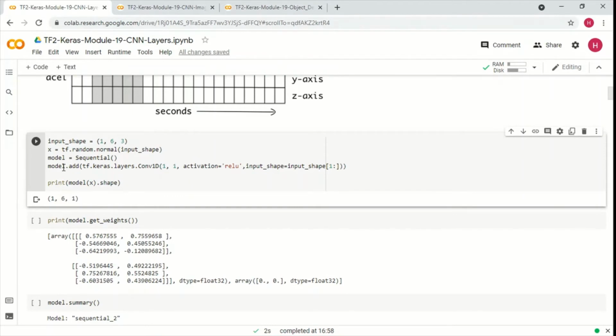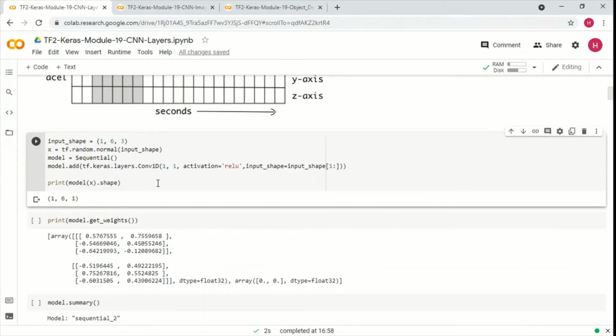So how did we get this? Model dot input, the input that we generated here, dot shape. If you remember the discussion earlier, it is batch, and since the filter size is 1 here, we are able to step the filter through this input 6 times, right? Because it's a filter size of 1, we are able to step through the 6 samples 6 times, so that's why this is 6. And the number of filters that we are applying is 1, so that is why this is 1.